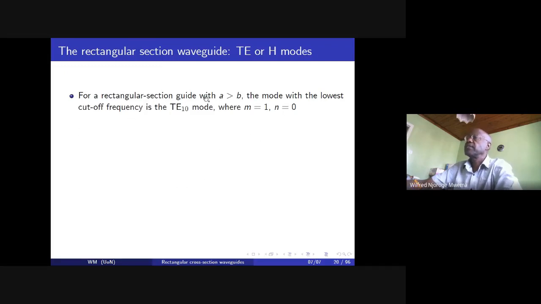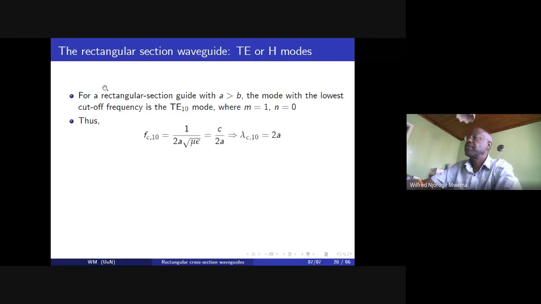So for a rectangular guide with a greater than b, the mode with the lowest cutoff frequency is going to be the TE10 mode, when m is equal to 1 and n is equal to 0. I guess yesterday I did ask you to make a table relating the cutoff frequencies, that is in terms of fc by 2a, in a guide that had a approximately equal to twice b. I don't know whether you have done that already. So we can see that for the TE10 mode,